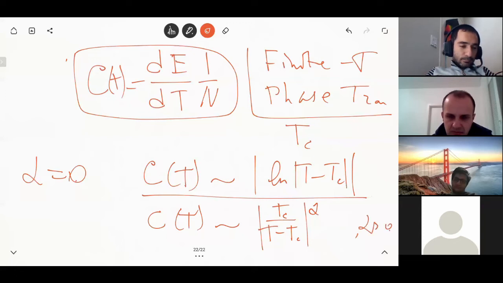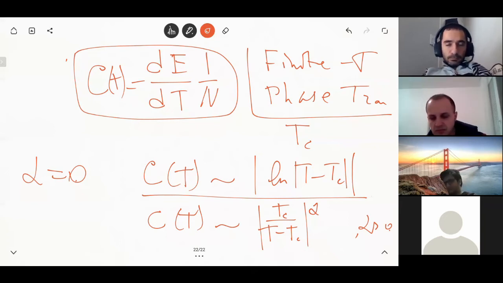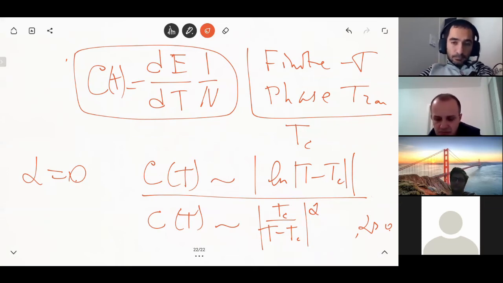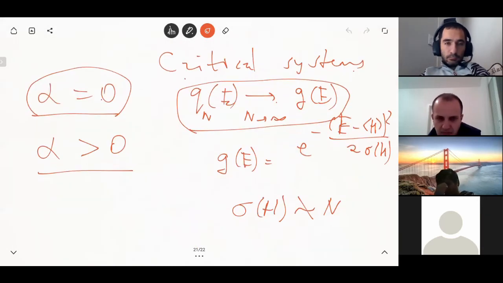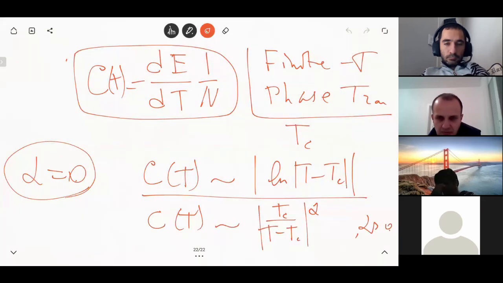So when we put alpha to 0, this could just be proportional to 1, but this means non-criticality, because this would mean that the heat capacity does not diverge. But when alpha goes to 0, the other possibility is a logarithm, and then you can show that the logarithm is all you can have. This can be shown quite generally for generic many-body systems. So alpha equals 0, as in the previous slide, was meant exactly in this sense, that C(T) is proportional to